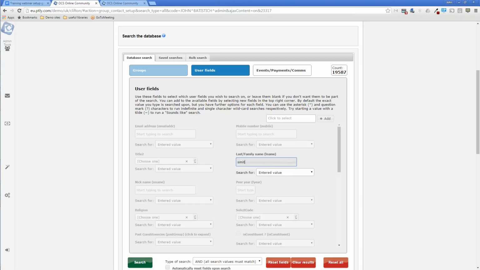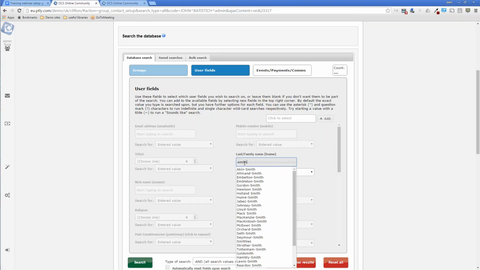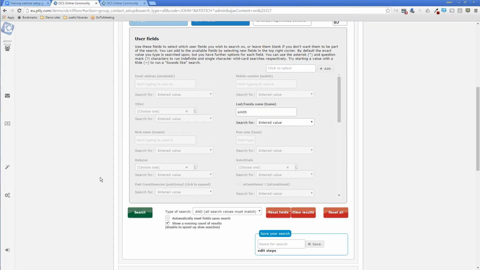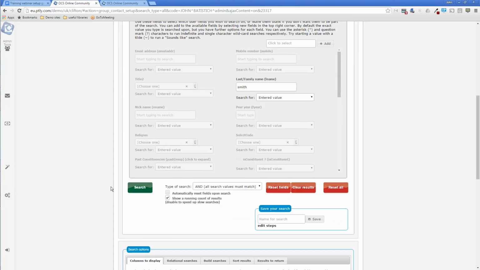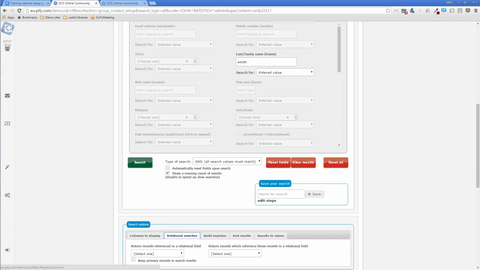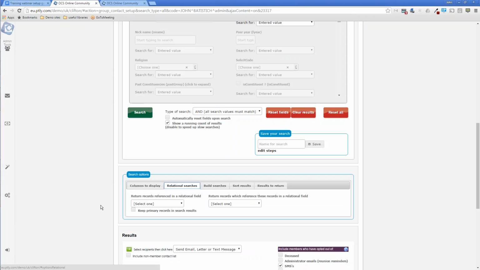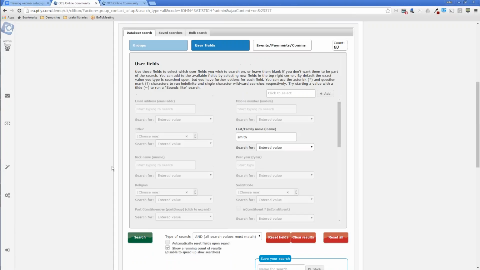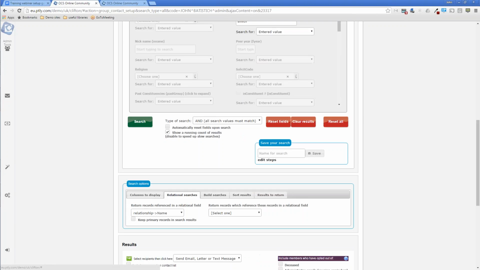then look for everyone with the surname of Smith, and we've got 87, but rather than returning these 87 people, let's contact people who are connected via a relational field. This client has 2 relational fields, so we're going to pick this one here, and once we pick that, you'll click on search,